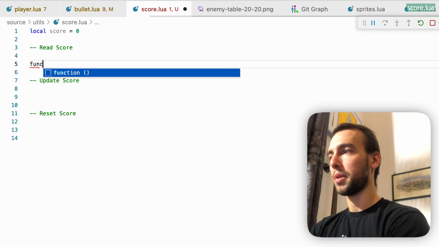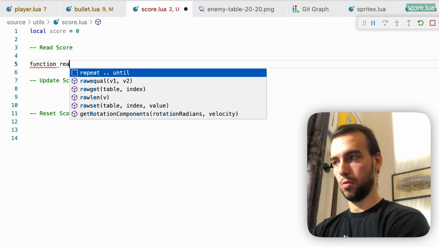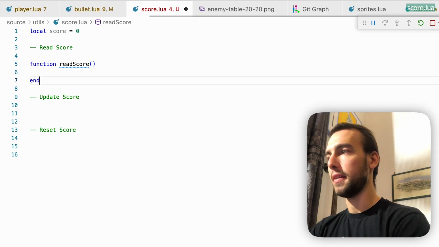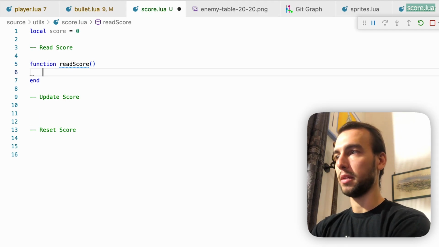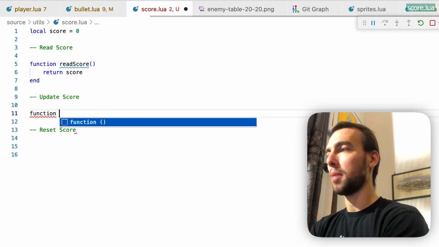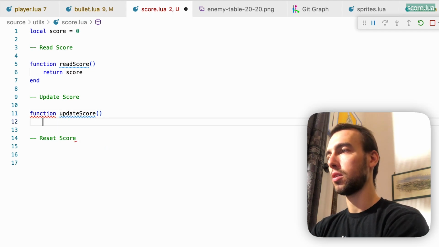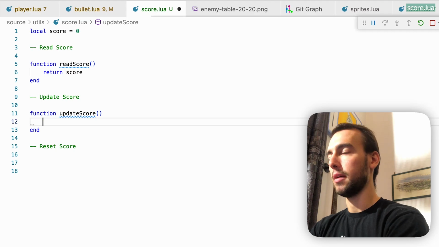So read score, what are we going to do? Function read score, open, close brackets, and then hit end. And basically we say return score. Function update score, open, close brackets. And we're going to say,